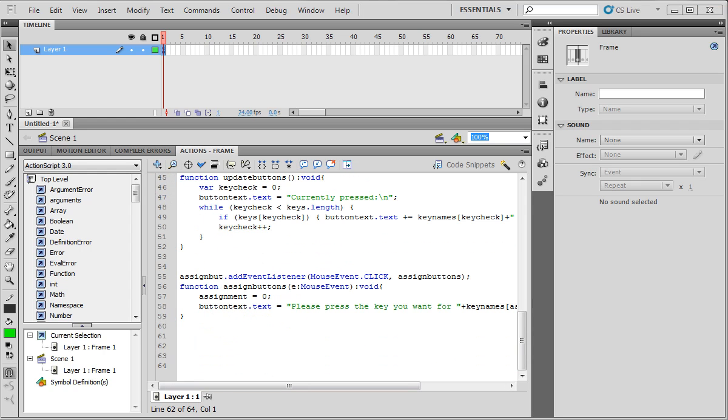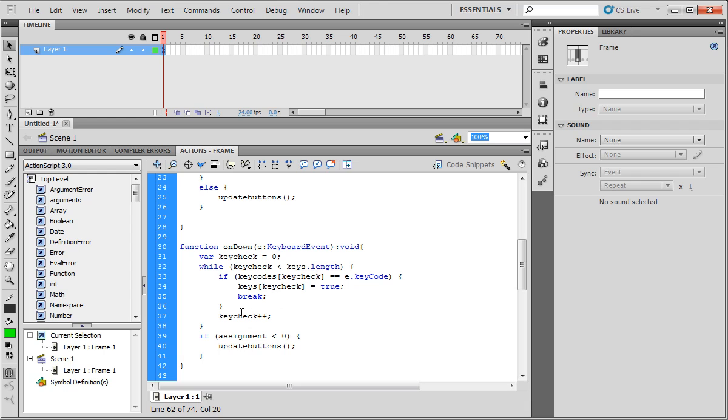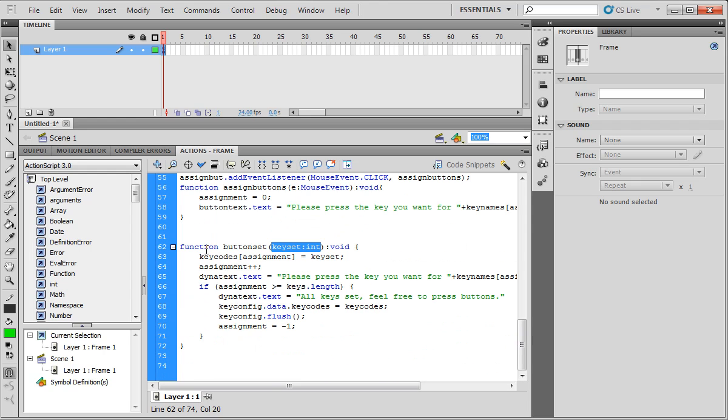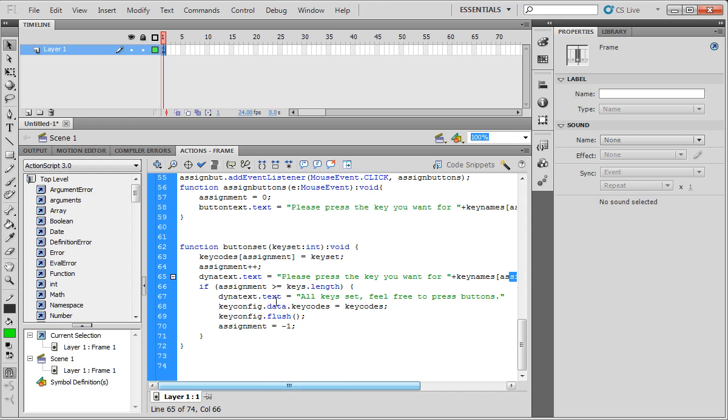So, button set. Let's just add that whole function at once and go over what it does. Button set: key codes assignment equals key set, which is what that button is. Like I said, button set up here checks the keyboard event and sends it to button set. Button set grabs it, sets it to the assignment key, and then adds to assignment and says, please press the key you want for the next assigned button. And then